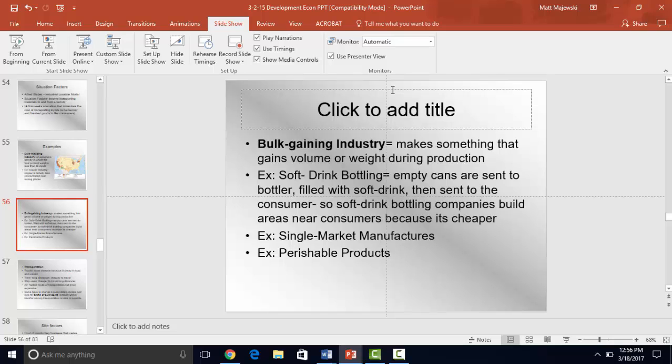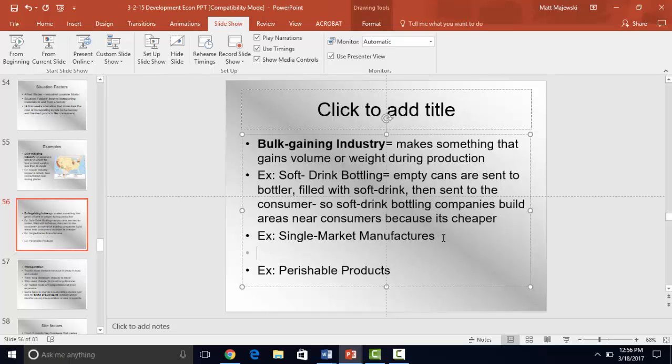Other companies that locate close to the markets: single market manufacturers. A single market manufacturer produces one product that is usually used by the way, other bulk gaining industries,